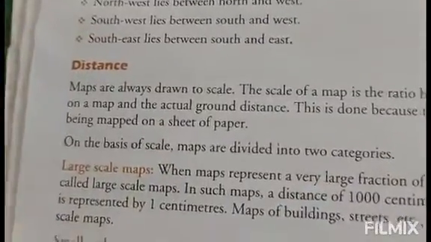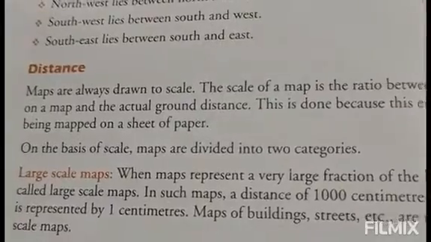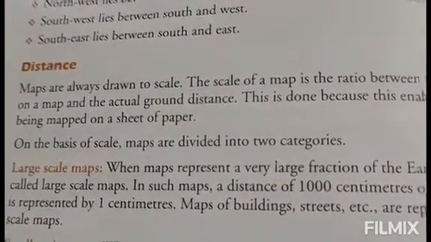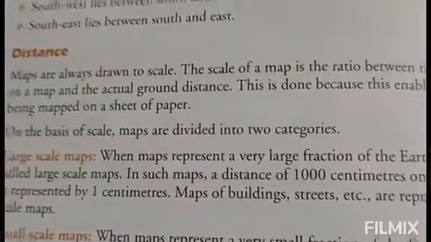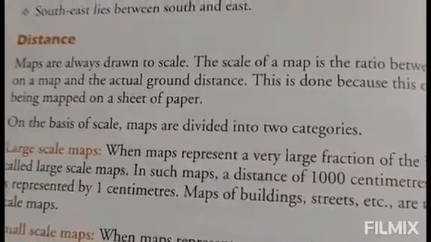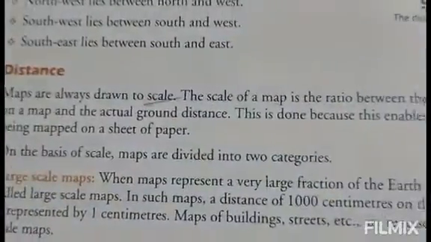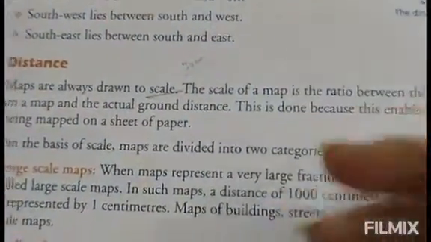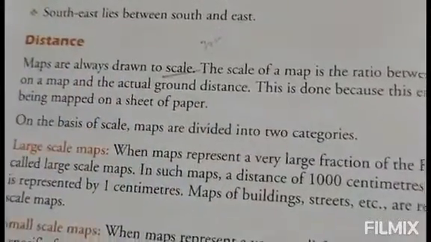Next comes the distance. Now distance is also a major and important aspect of reading a map. Now suppose a particular distance between 2 places is about 30 kilometers. You can't really show 30 kilometers on a map. So how will you show it? You will show it with the help of a scale. You can change it to 30 centimeters or even less than that, right? So we use scale to show the larger distances, larger areas.